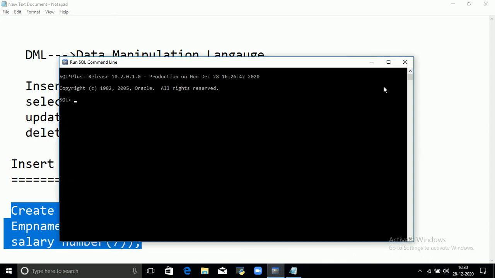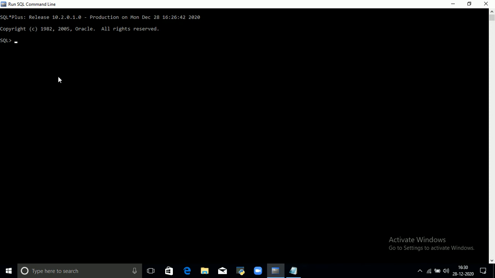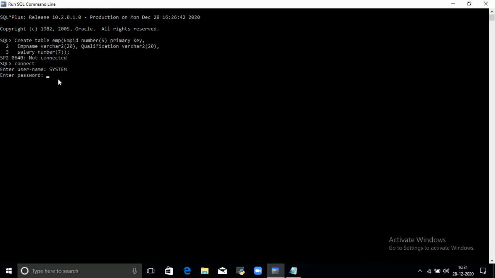So opening SQL and run it. I am just copying. First you have to connect the database. So connect. Username is system and password is also system.